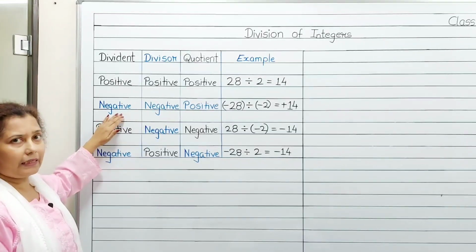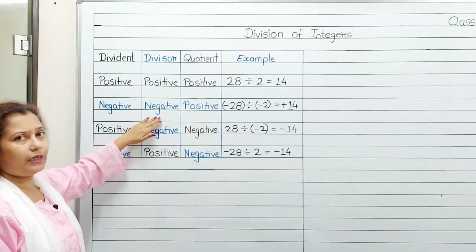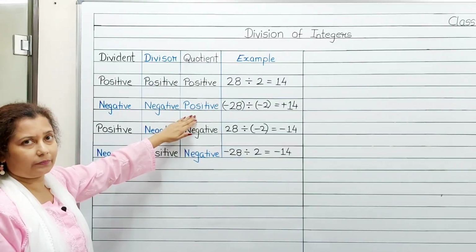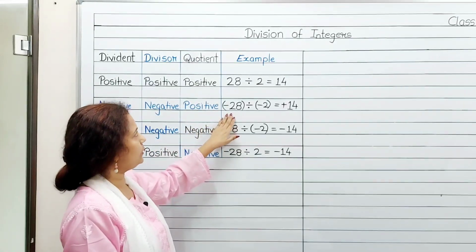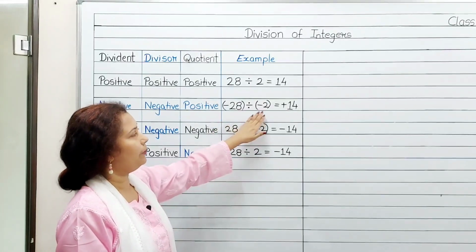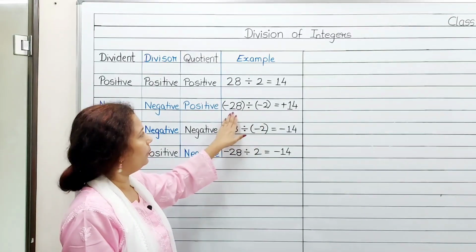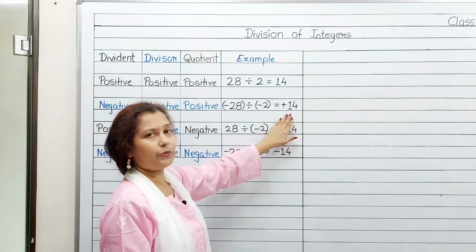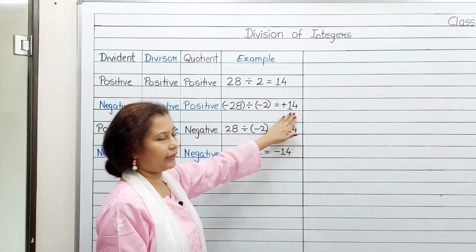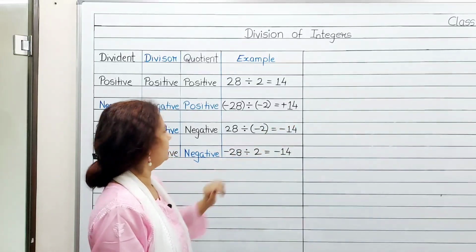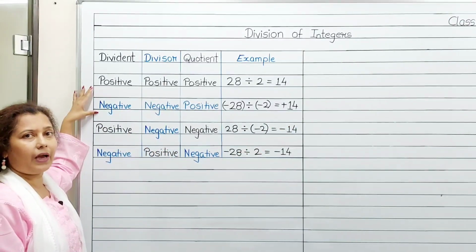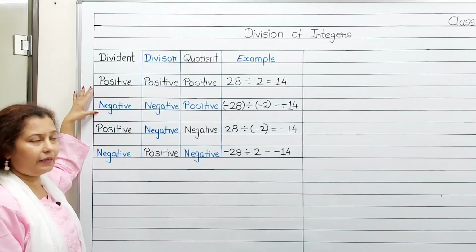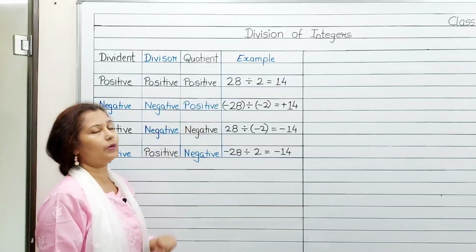When dividend is negative and divisor is also negative, the result we get, or the quotient, is positive. Here minus 28 is the dividend, minus 2 is the divisor. Both dividend and divisor are negative, so the quotient will be positive, that is 14 or plus 14. From this we have to remember that when both dividend and divisor have the same sign, we always get a positive